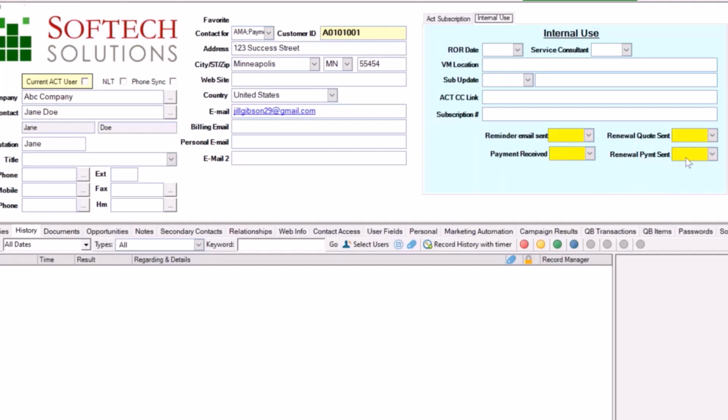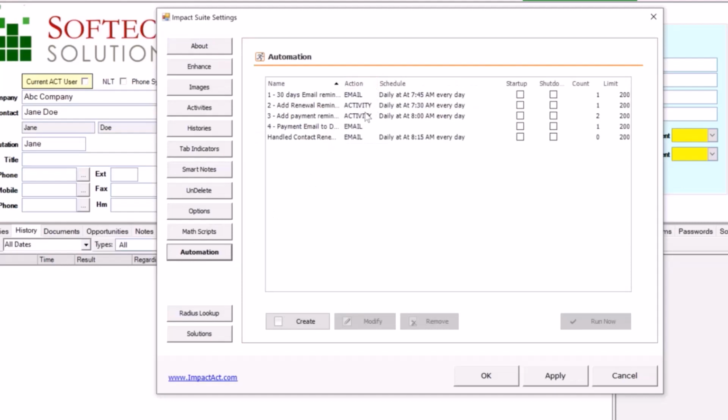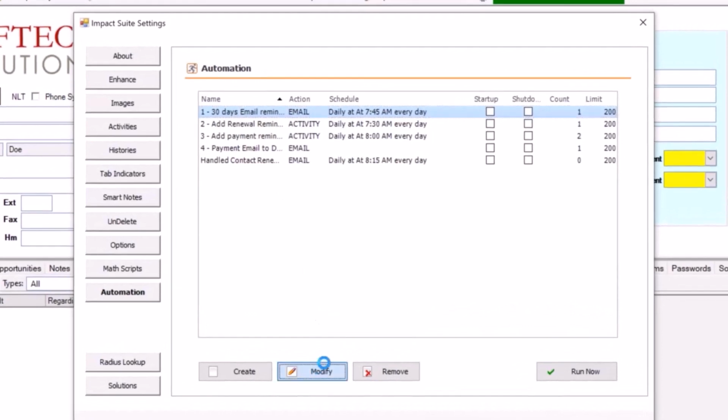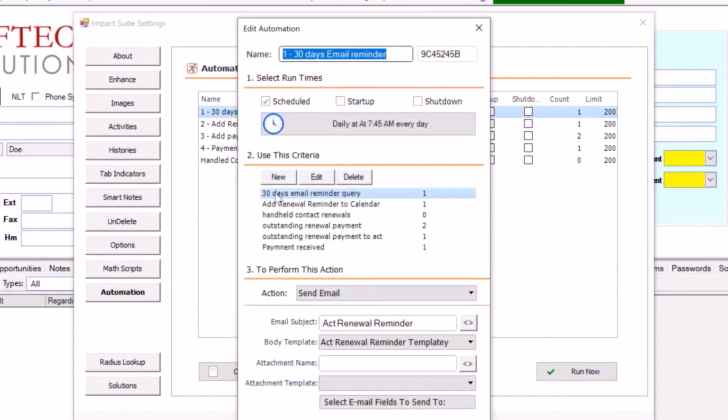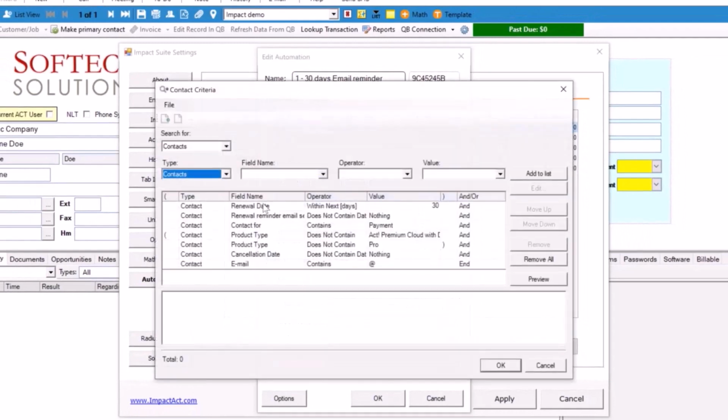So what I want to show you as far as automation is, if I go here, I've got a couple things going on. So the first one, you can see it's a 30-day email reminder. So I'll open that up, and you can see that this is the query, and I will open that up, and you can see renewal date within 30 days, renewal reminder email not containing data, which is important because if I didn't have anything